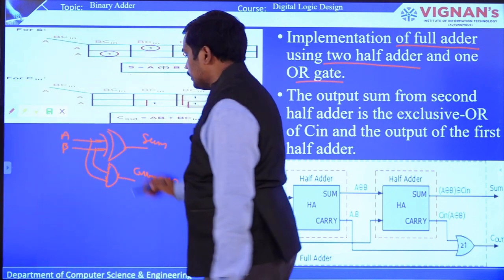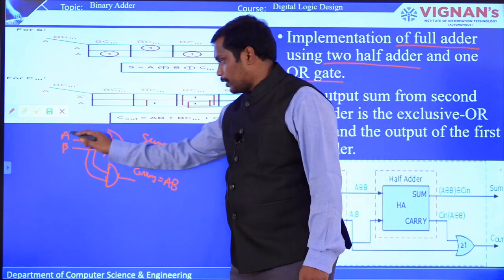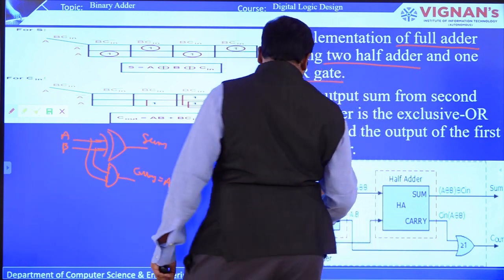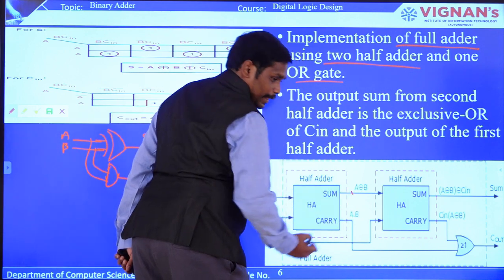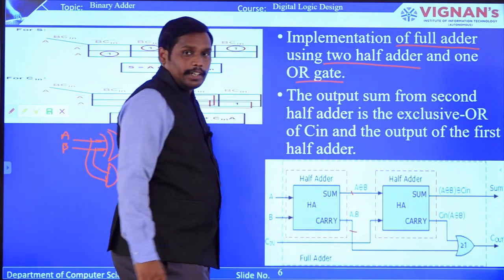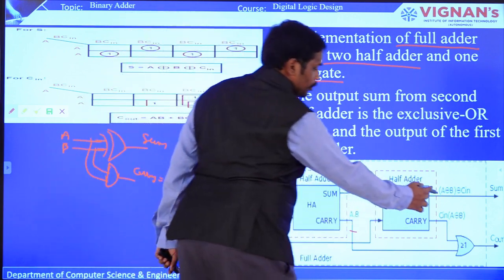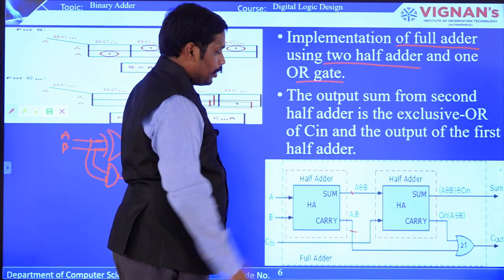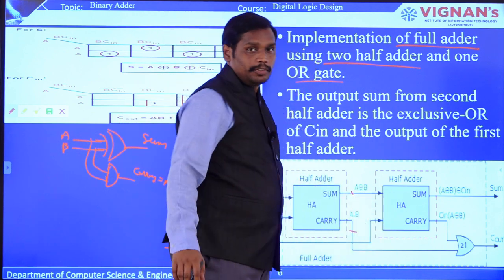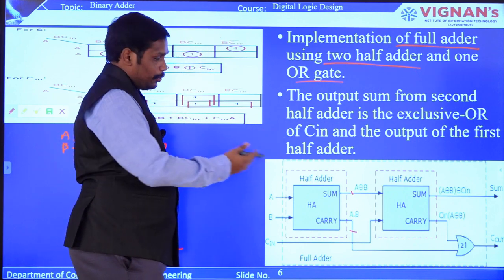So this is the general logic circuit for the half adder, and this particular half adder is now placed over here. This circuit is placed here, and this is a sum, and this is a carry, right? So this is how you get the final expression: sum is equal to A exclusive OR B exclusive OR C in, and C out is equal to C in AND (A exclusive OR B). So now you understood how to represent a full adder with two half adders.